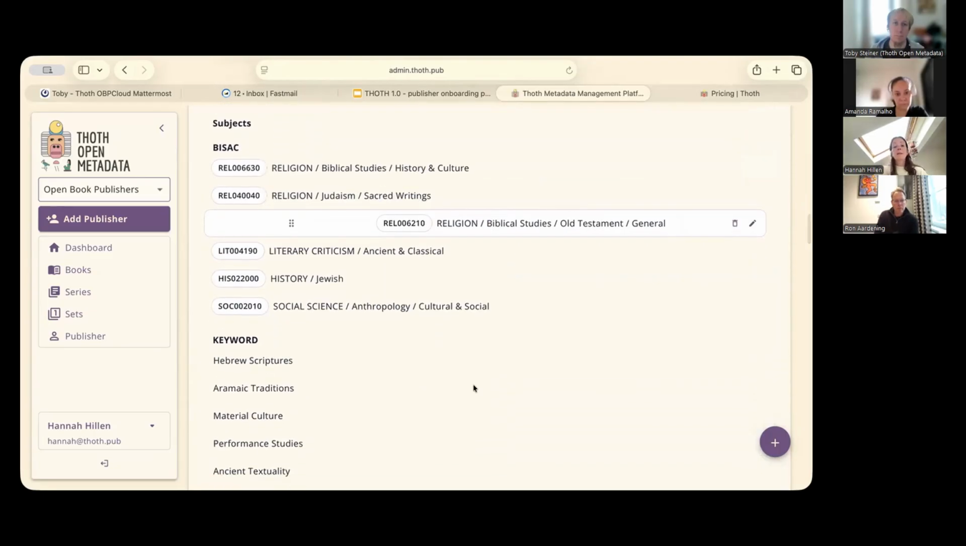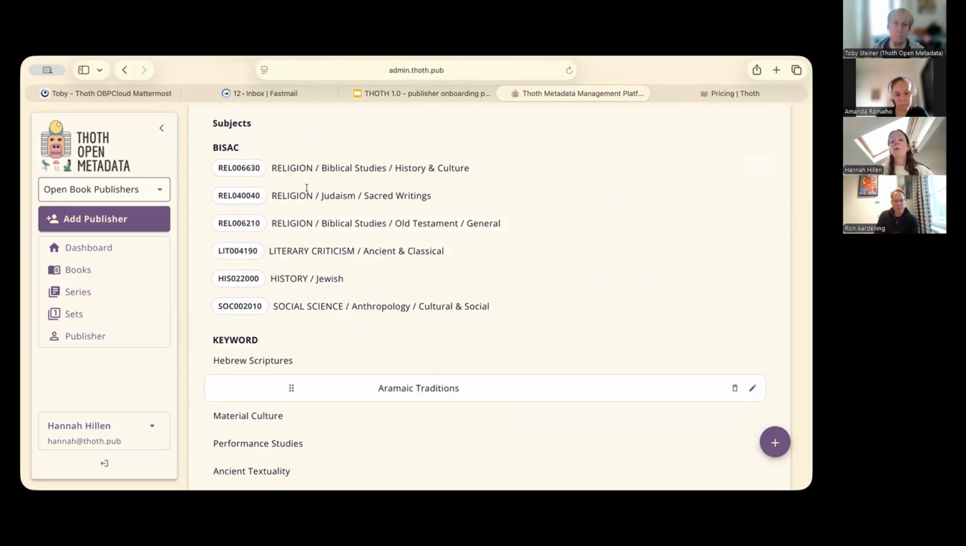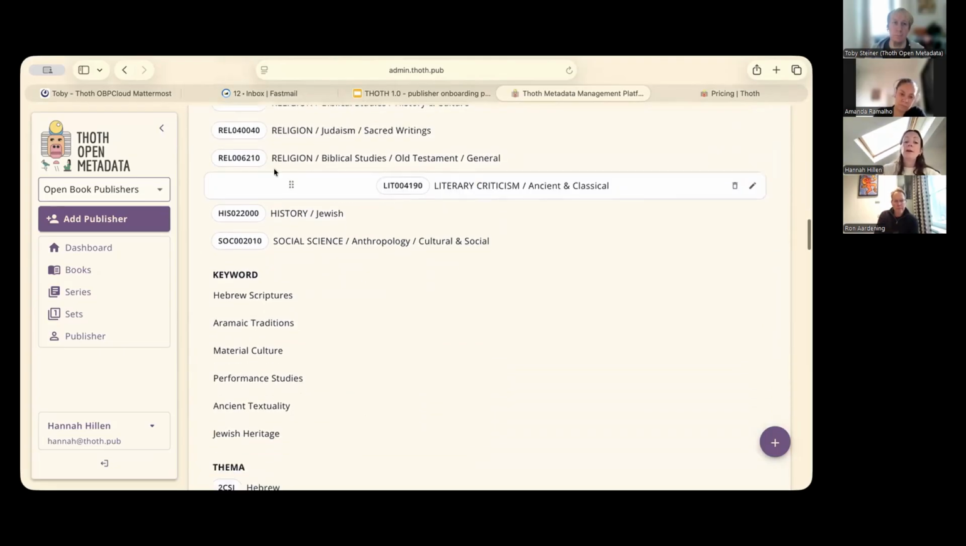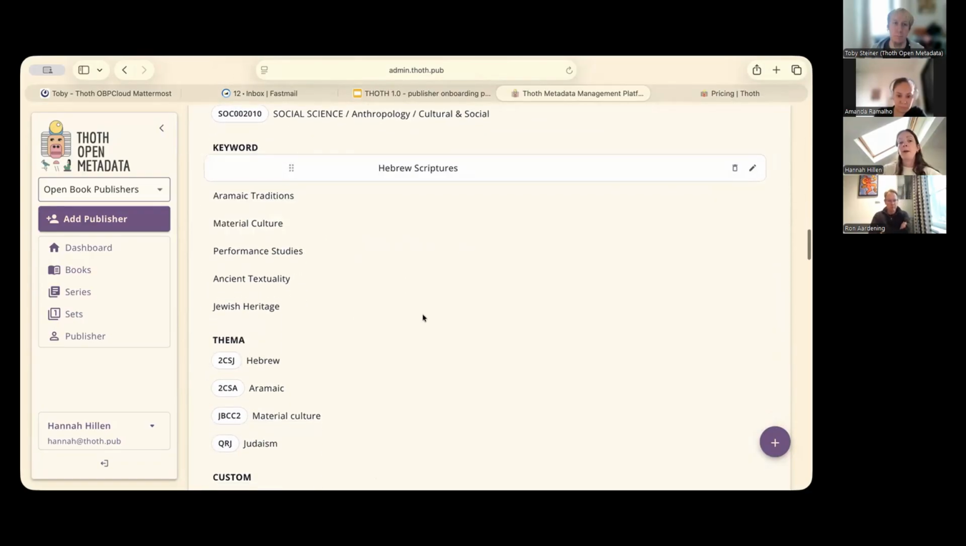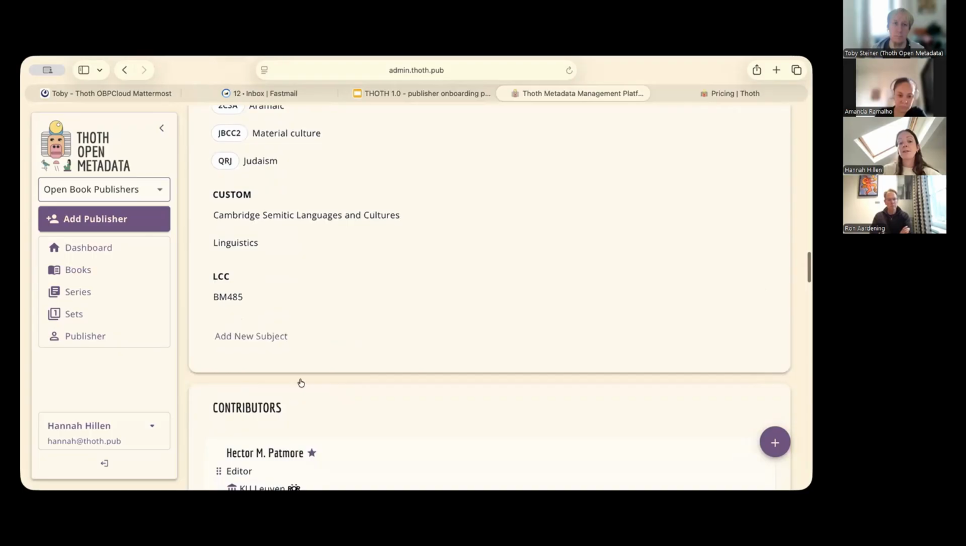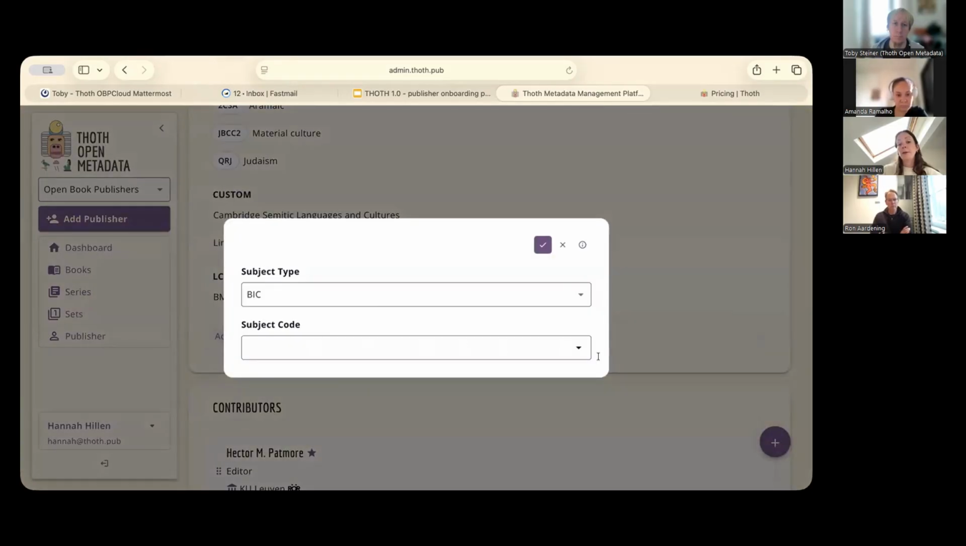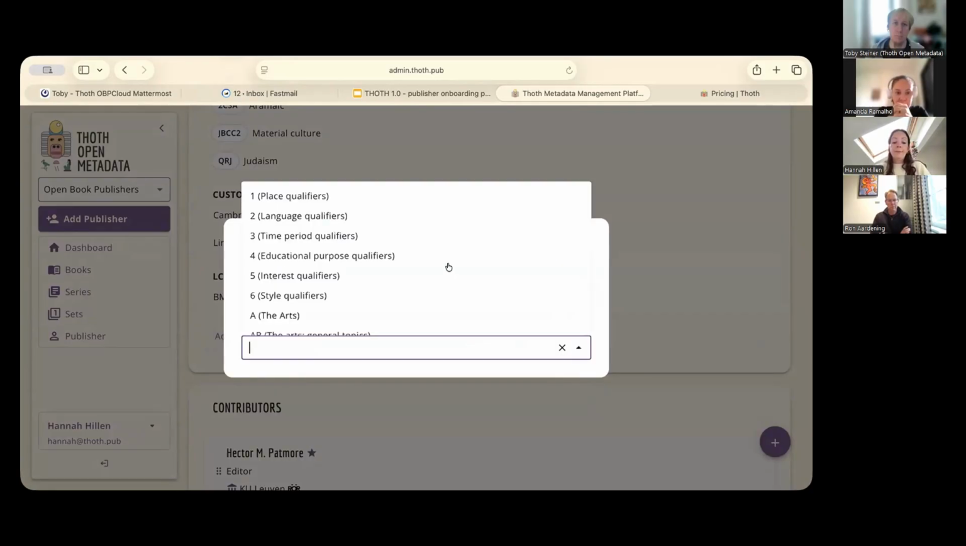We have also added subject code lists into the Tote database. So if you want to add standardized subject codes into your record, you can. For example, if I just scroll down, you can see this record has got BISAC, custom keywords, and Thema codes added. You can add a new subject code. You can select, for example, Thema, and then you can start searching the subject code list. So I just search for art, and then you can find all the subject codes relating to the arts in